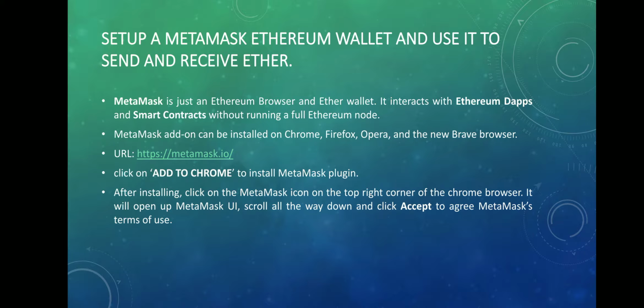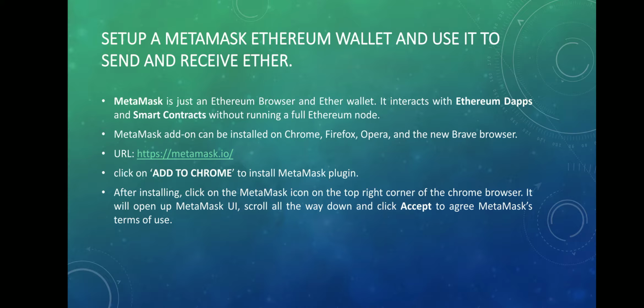If you want to run a full Ethereum node, for example Geth, that is Go Ethereum, it will consume a lot of time. After installing Geth, we can perform transactions like transferring ethers and deploying contracts, everything. But running the full node takes huge bandwidth as well as storage space. In order to avoid that, we can just run MetaMask. With the help of that, we can connect to different blockchain networks in the Ethereum platform.